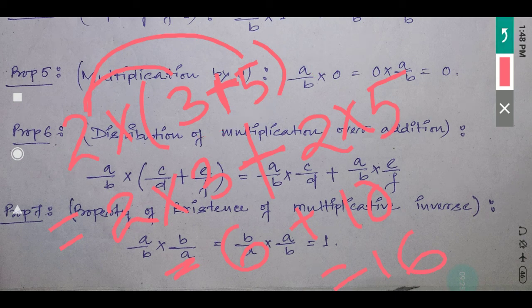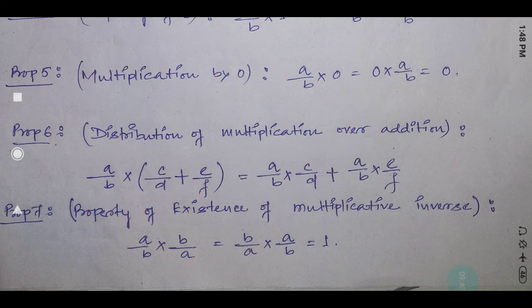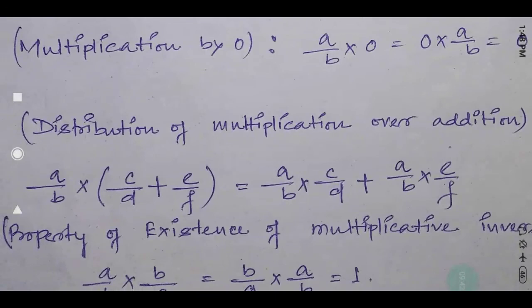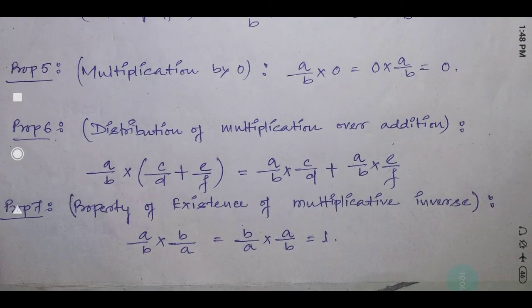Okay. So this is called the property of distribution of multiplication over addition. See here, here multiplication is there, here also multiplication gets distributed over addition. See, 3 rational numbers I have taken, A by B into C by D plus E by F. Inside the bracket is there, that's why you have to do the bracket work. So here what I have done, outside the bracket one common multiplication is there, A by B. That's why I have written A by B for both the terms. Since it is multiplication given, that's why A by B into C by D plus A by B into E by F. This is called the distribution of multiplication over addition.